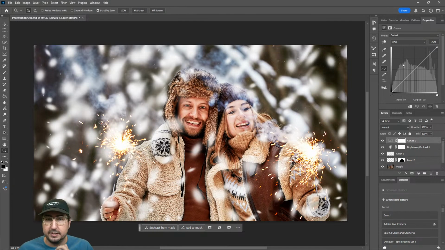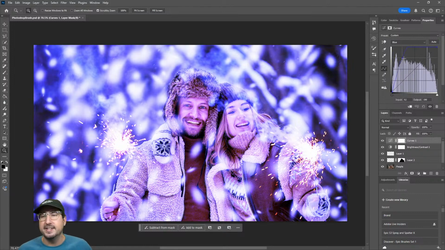And what we want to do is we actually want to take the yellow out of this and put in more blue. So we're going to change our curves and go to blue. And then as I drag this, you can see that we're getting more and more blue. Super easy. So we can put them in like full blue zone. But as you drag this, you can kind of see that it's pulling the blue more into our photo. Now, if you want blue to be more in the lights, which is what we want, it to look a little more blue, you can actually pull this up and you're just clicking and dragging to add points on this